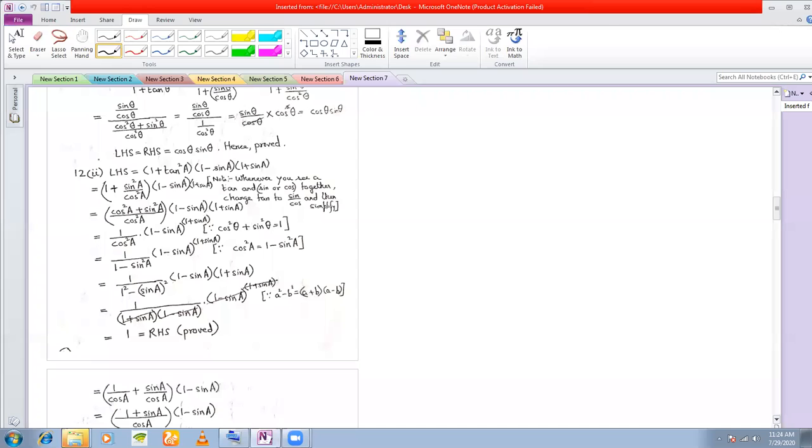Now see, in trigonometry, whenever you are getting a problem on trigonometric identities, your thumb rule is that if you see a combination of tan, sine, cos, you change tan to sine by cos. If you see a combination of sine and cos, you change either sine to cos or cos to sine. If you see a combination of cosec and cot, you know that cosec square theta is equal to 1 plus cot square theta, so you change cosec to cot or cot to cosec.